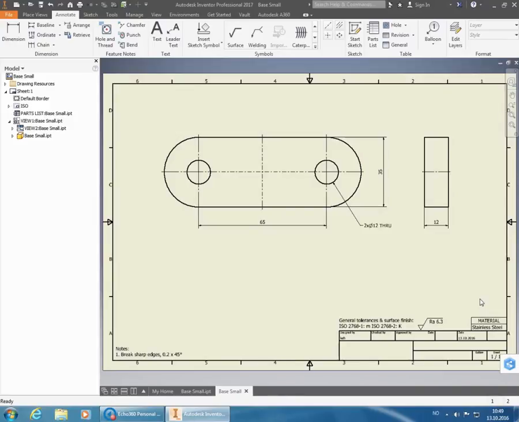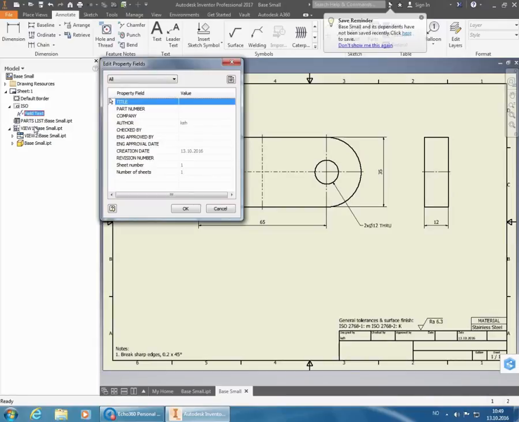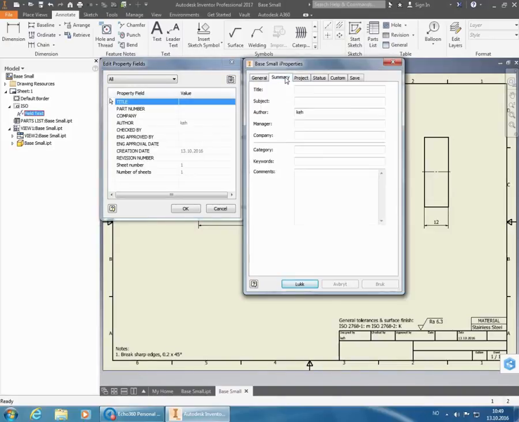Then in order to edit our title box, we need to go over to the browser tree on the side here and to the ISO part and edit field text. Then we get this window up, and we need to open the properties in order to fix the information, and we go through the different tabs, filling in as we go along. Title, it was base small. Author will be our student number, and then we put in a company name